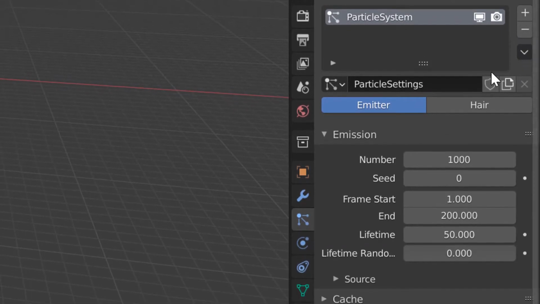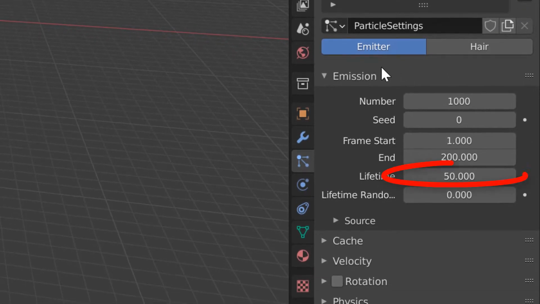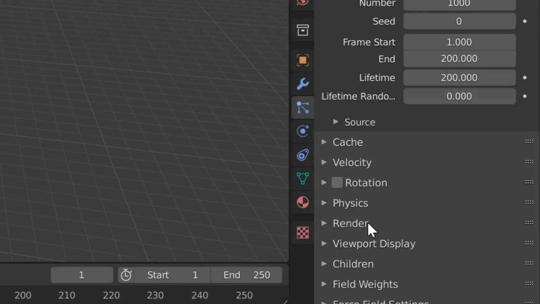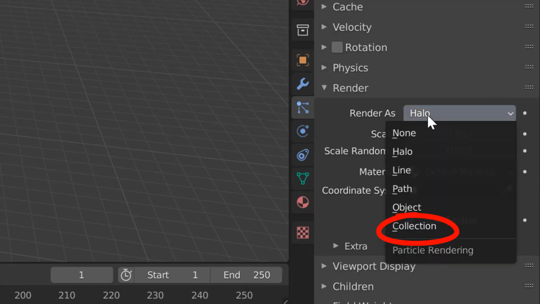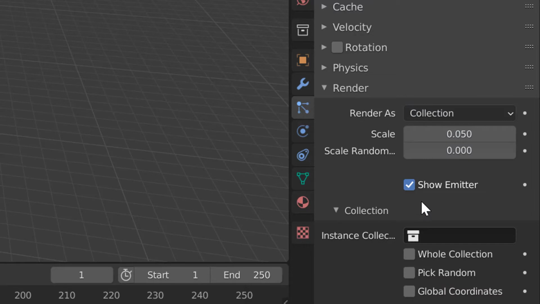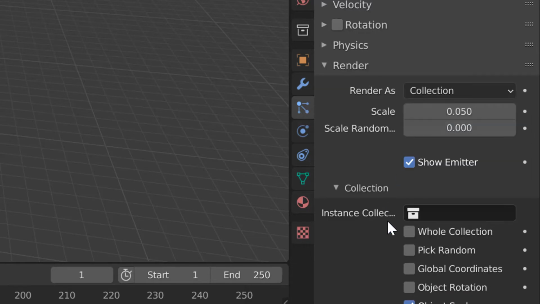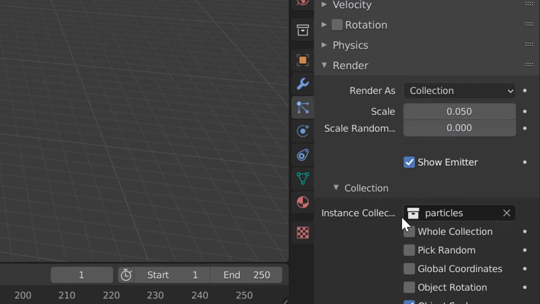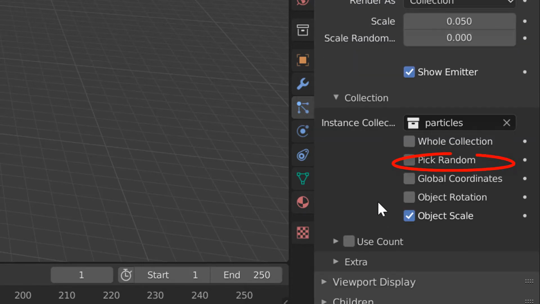Click on Emission. Change the lifetime bar to 200. Click on Render, go to Render As, and click Collection instead of Halo. Now click Collection, then Instance, and choose Particle folder. Pick Random,